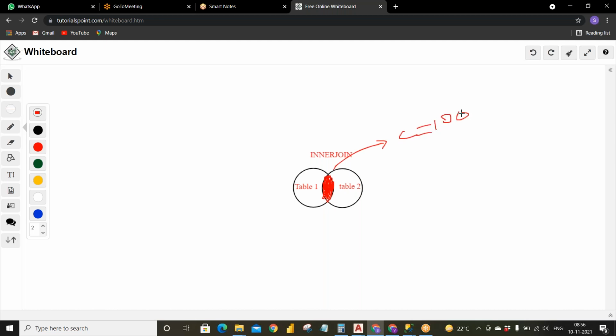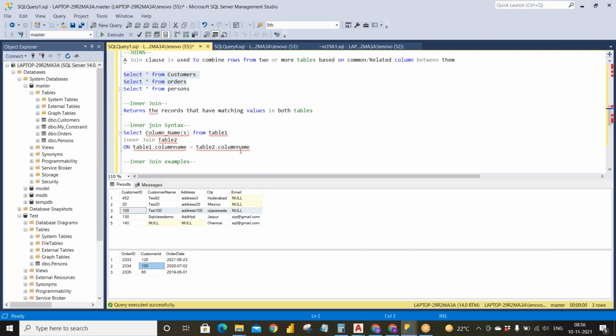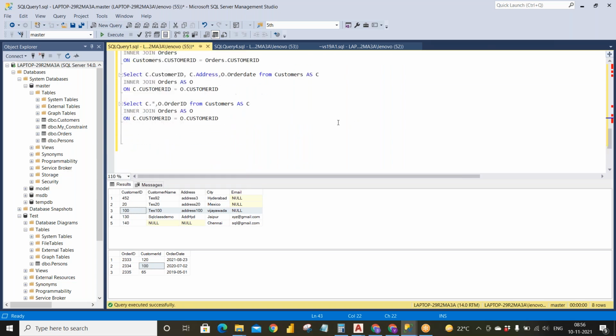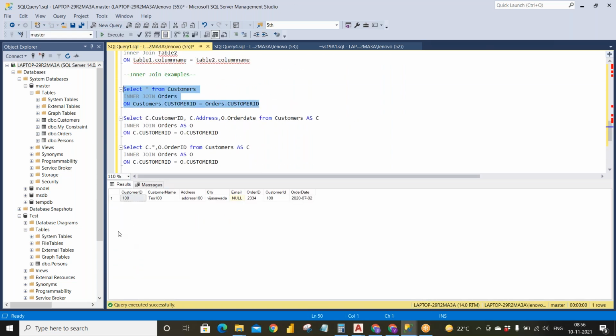Okay, so now my matching data is only 100. That's why I am getting only the data of 100. It will combine both the data depending upon what you give after the select.